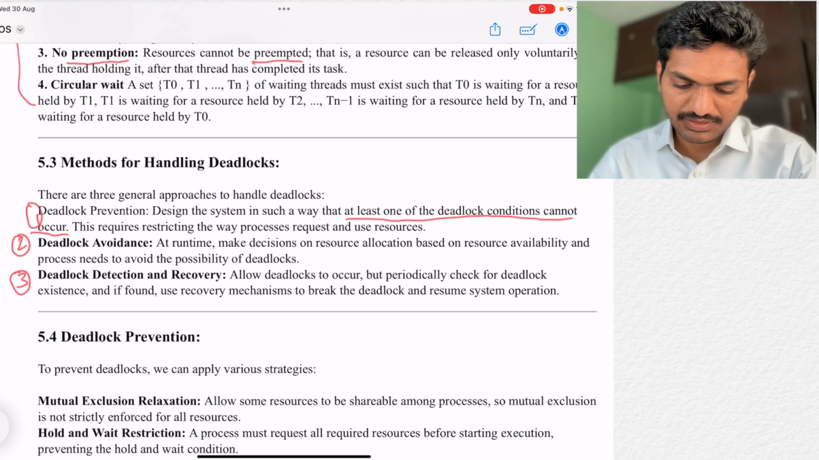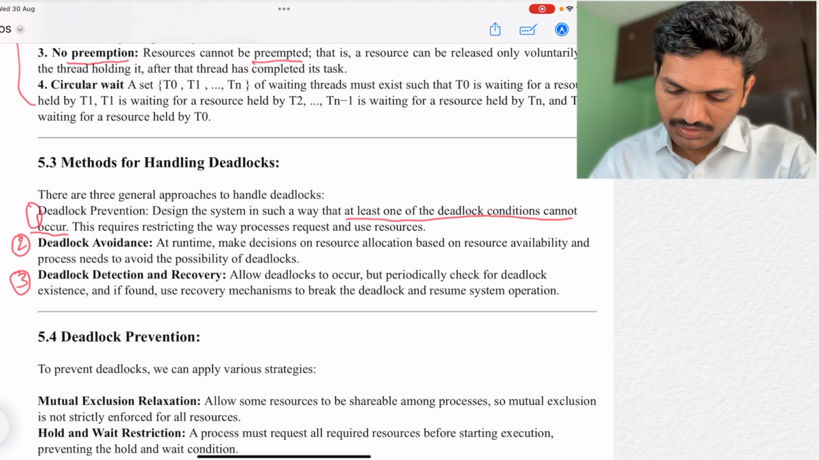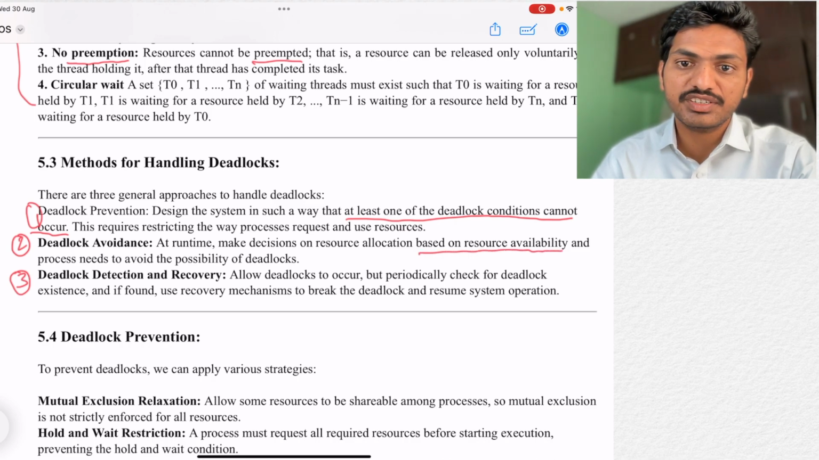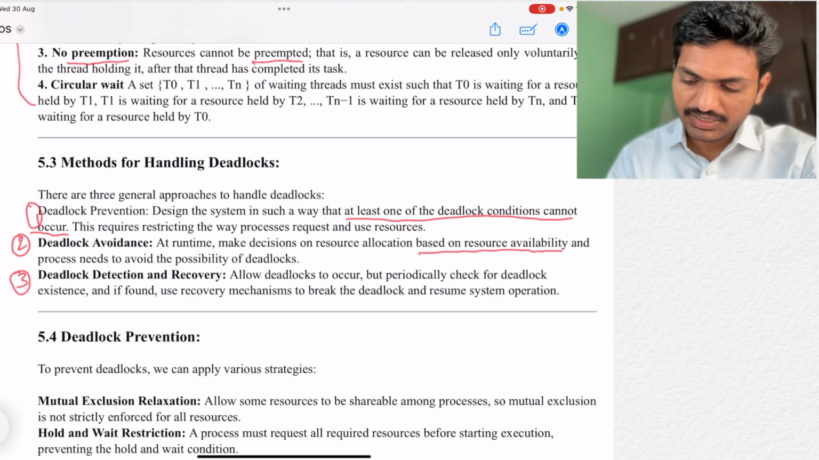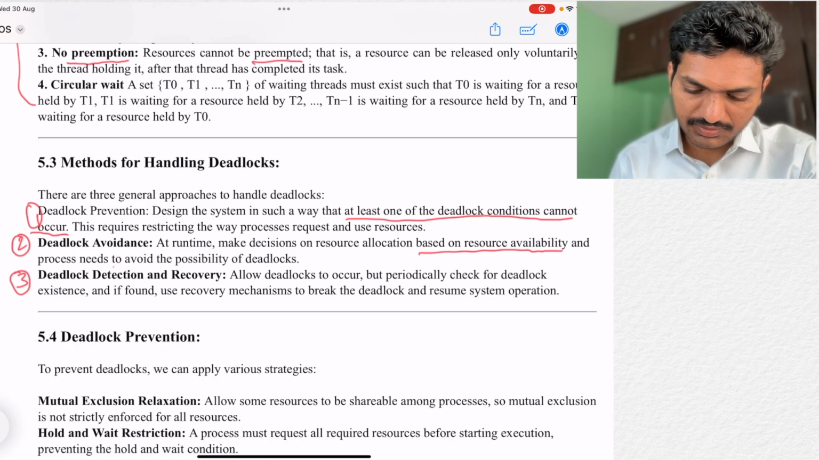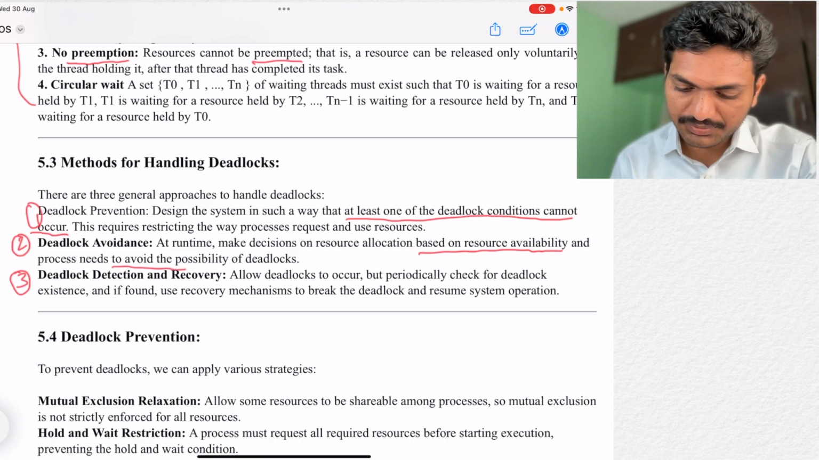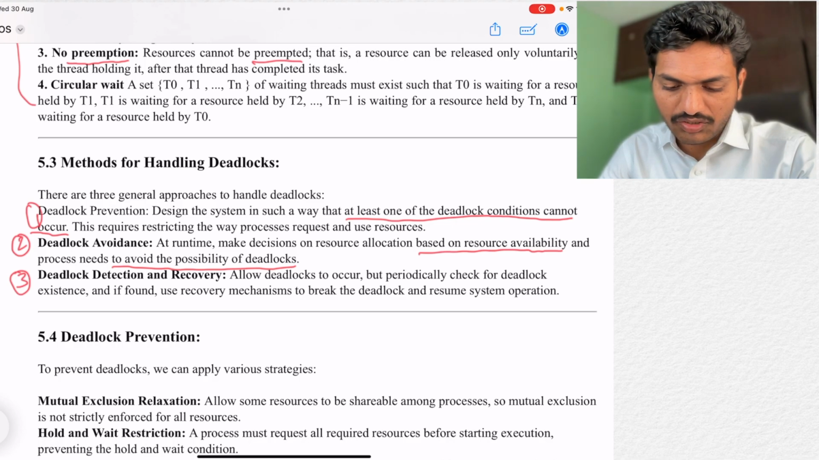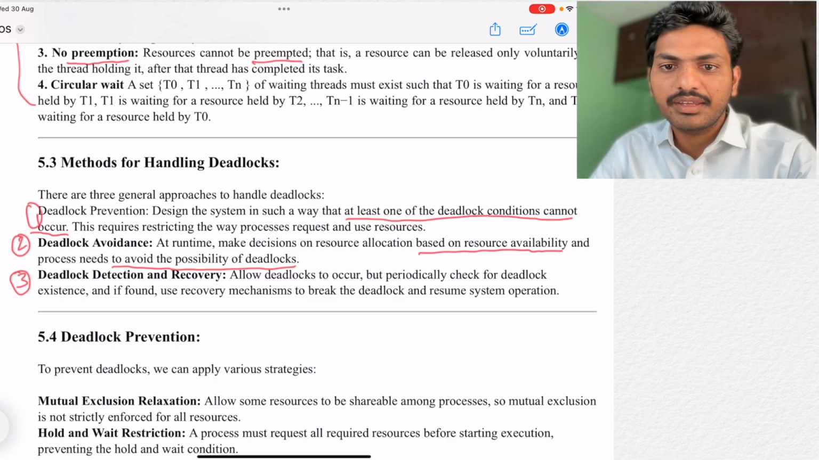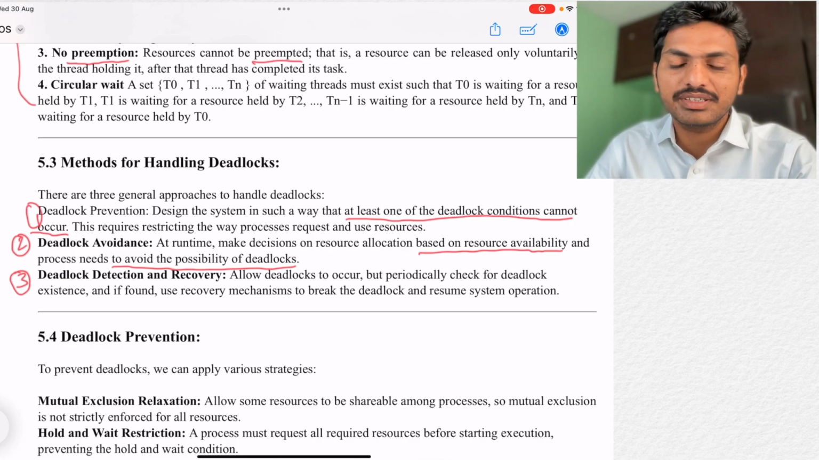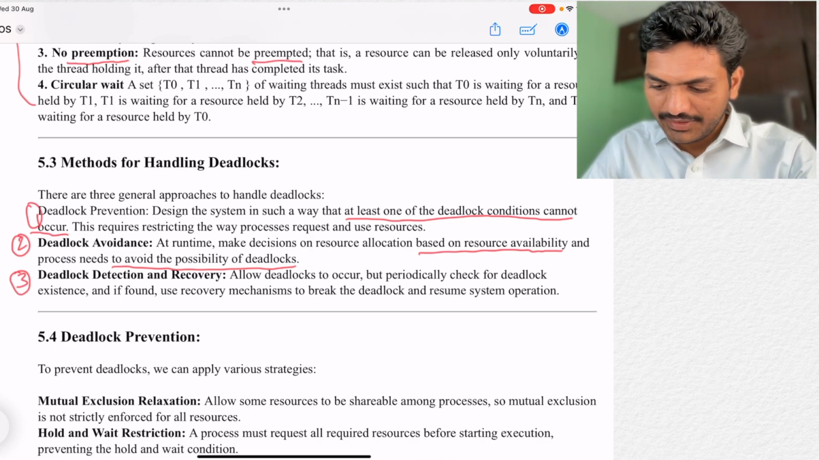Deadlock avoidance. Make the decisions on the resource based on the resource availability. Availability of the resource, we should make the decisions. This will avoid the possibility of deadlock. Means we should make the decisions according to the availability of the